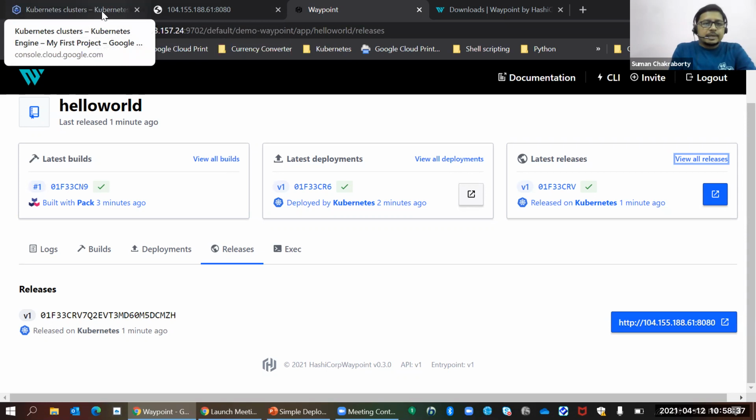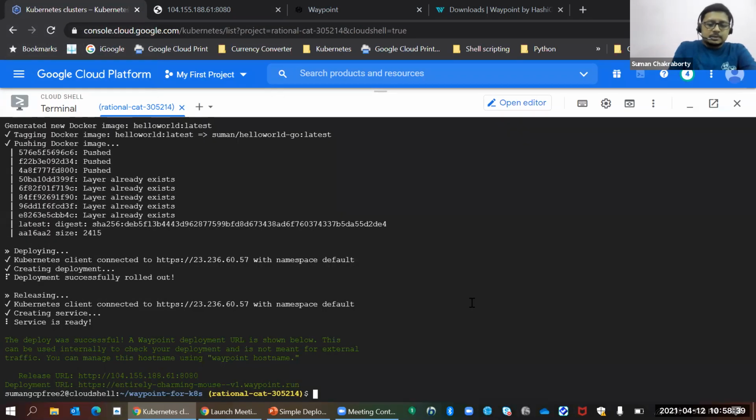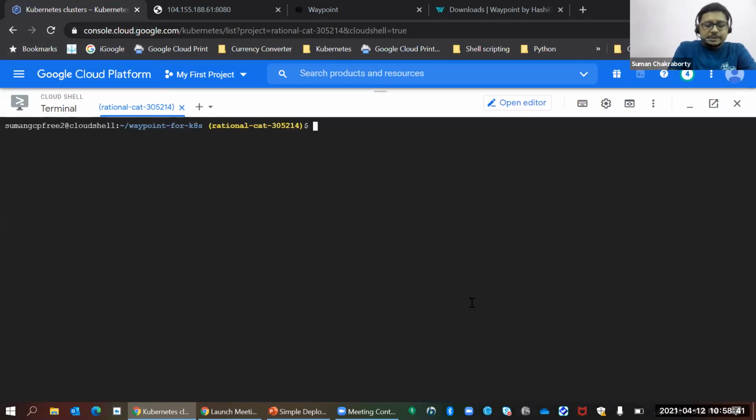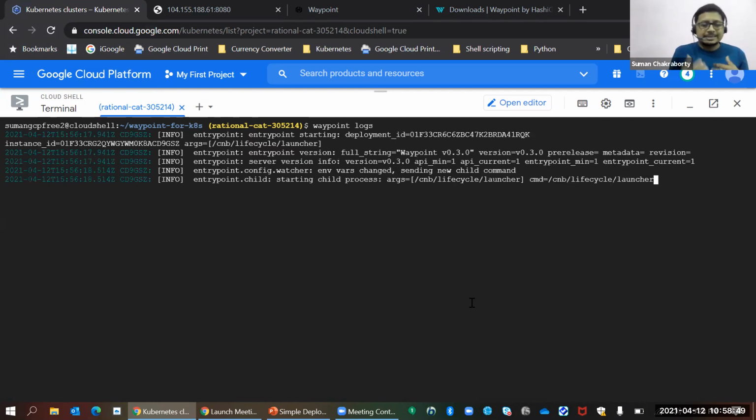Now, if I come into the CLI, some of the features that I was telling you Waypoint gives is, first, it helps you to go through the logs in your existing deployment. So if I just run the logs command, I'll get some of the logs that were created during the deployment process, which help us to understand whether there are any failures or not.